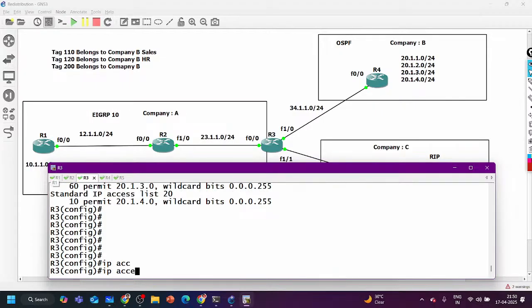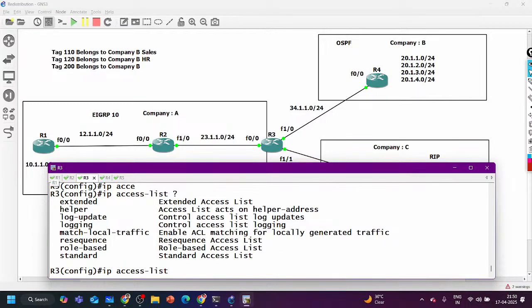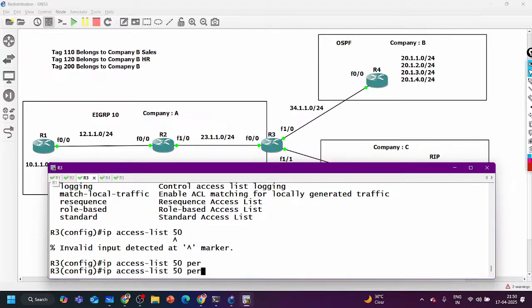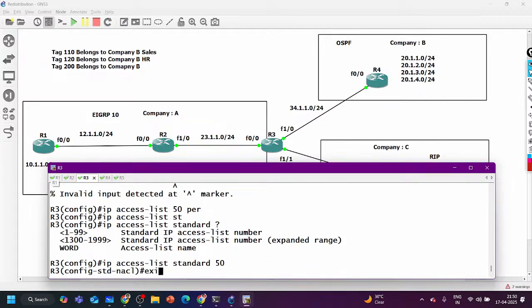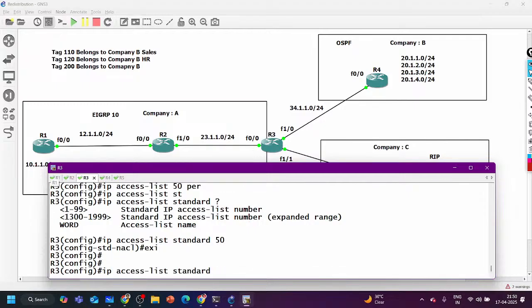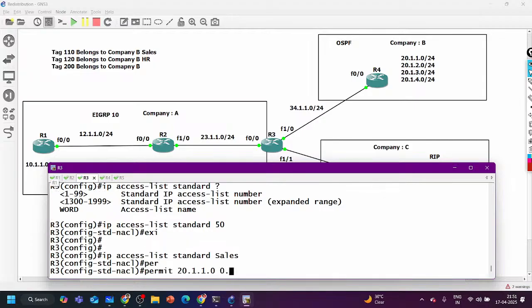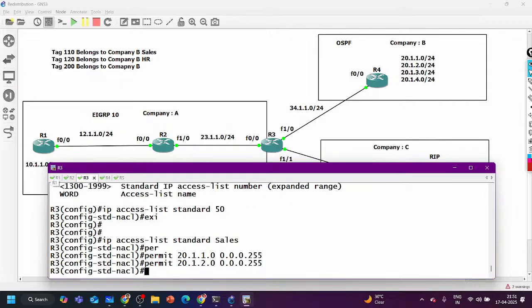IP access list, and let me use number 50. Or even I can define the name, so let me define the name, that is better. Let's say sales, and here I can say permit 20.1.1.0, 0.0.0.255, permit 20.1.2.0, permit 20.1.3.0.